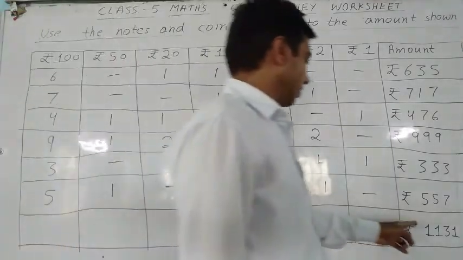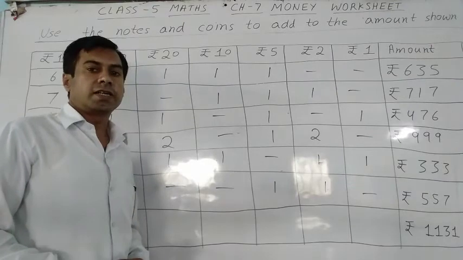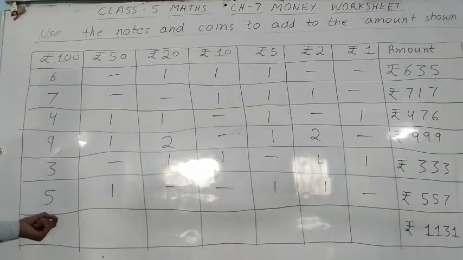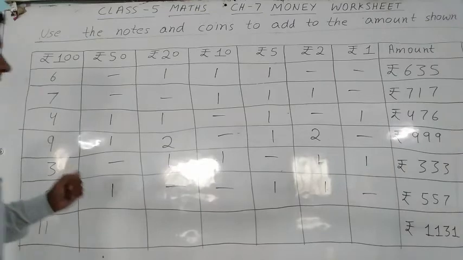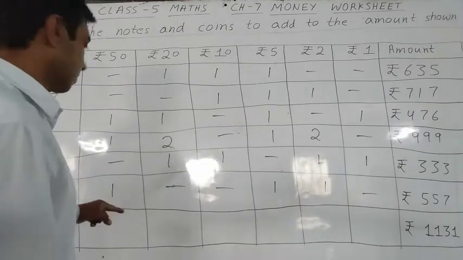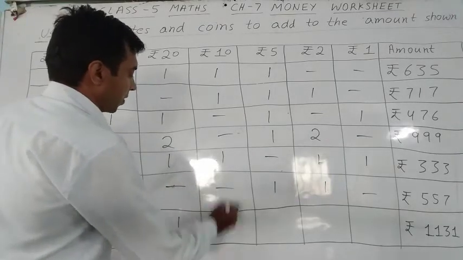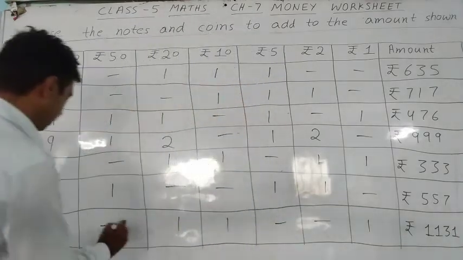Now student, 1131. So how much do we take? 100 rupees. Student, 10 rupees. Not 10, student, 11. Clear? 11 into 100, 1100. So student, now 31. We can take 1 20 rupees note, 1 10 rupees note, and 1 rupee coin. So see here,